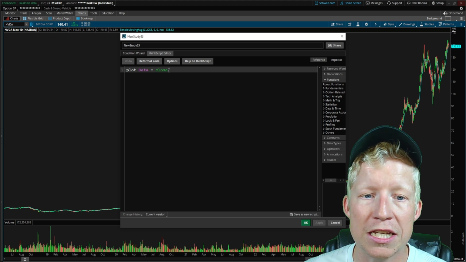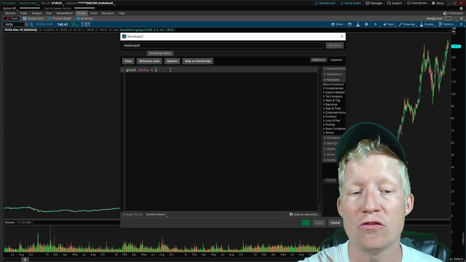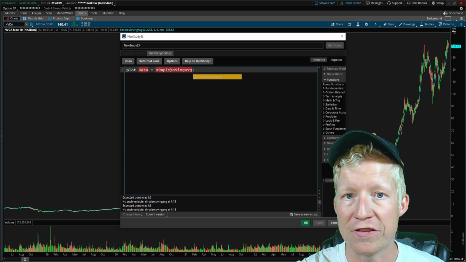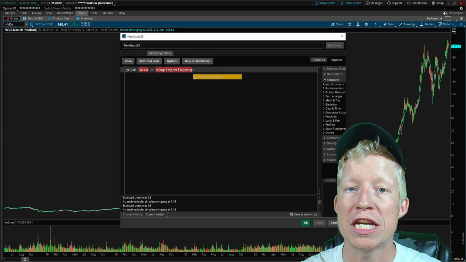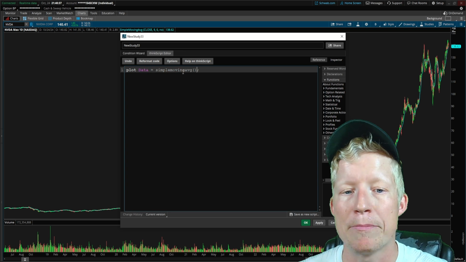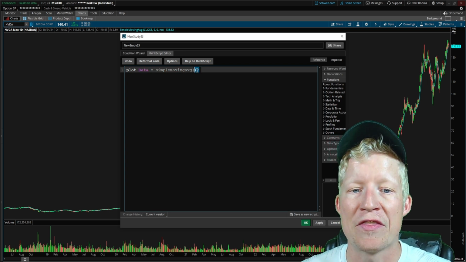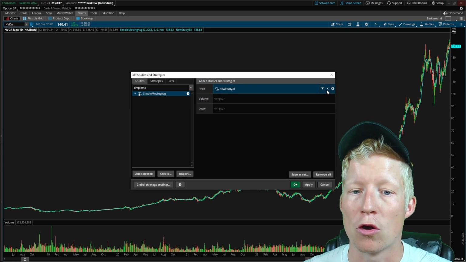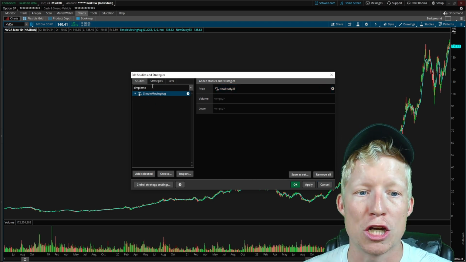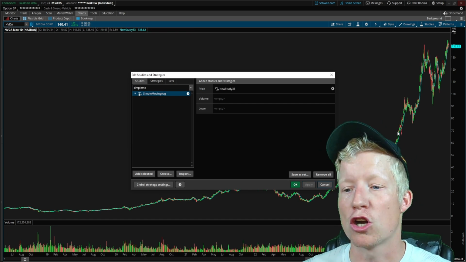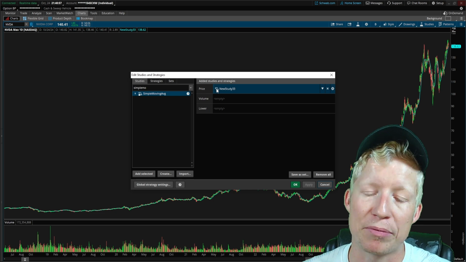So all we would need to do if we wanted to plot a simple moving average within our custom study is type in simple moving AVG, and then to let the machine know that this is a function that we are calling, we have to type open close parentheses, and then you end any line of code with a semicolon. So if I hit apply and OK and apply, now if I remove that simple moving average out of the box study and I hit apply, you will notice that moving average is still there